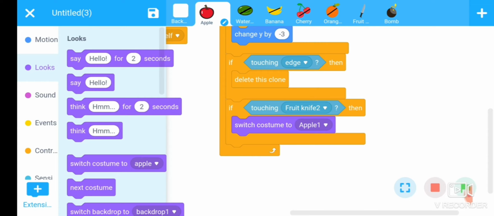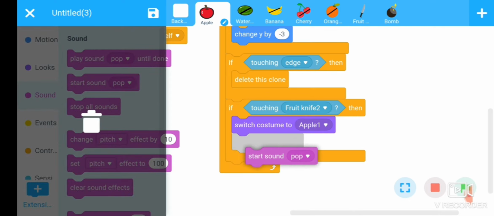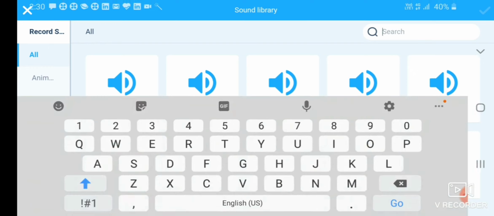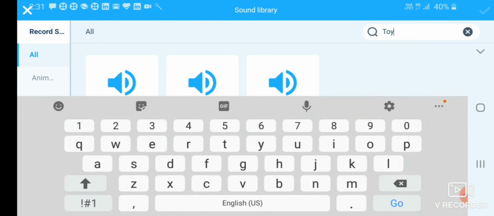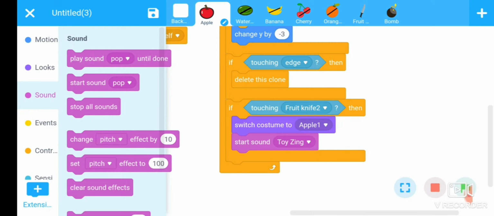Okay, and we want to also add here a sound. Then go to sound section, add a new sound here. You can add any sound. I will add here a twinging sound here.